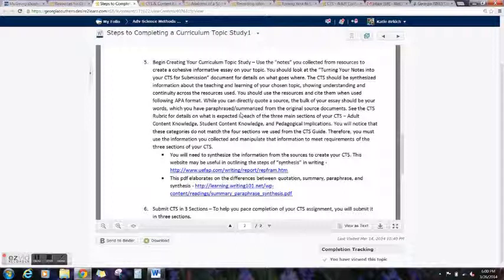You should use the resources and cite them when used following APA format. While you can directly quote a source, the bulk of your essay should be your words, which you have paraphrased and summarized from the original source documents. Be sure to see the CTS rubric for details on what is inspected in each of the 3 main sections of your CTS. You will note that these categories do not match the 4 sections we used from the CTS guide. Therefore, you must use the information you collected and manipulate that information to meet requirements of the 3 sections